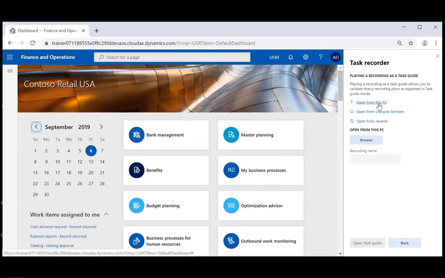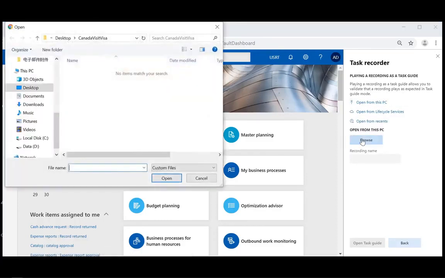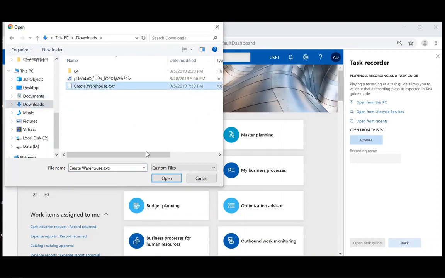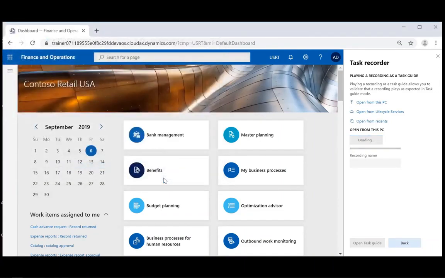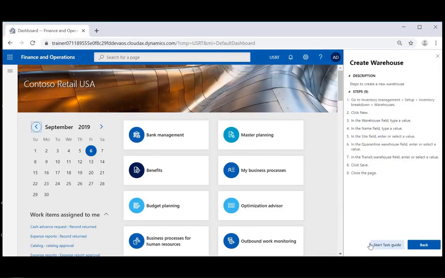Open the guide from my PC, browser, find my Create Warehouse. Click Open Task Guide. You can see on the right, System Dynamics 365 shows me individual steps about creating a new warehouse. I can easily follow these steps to create, or I can even click Start Task Guide,